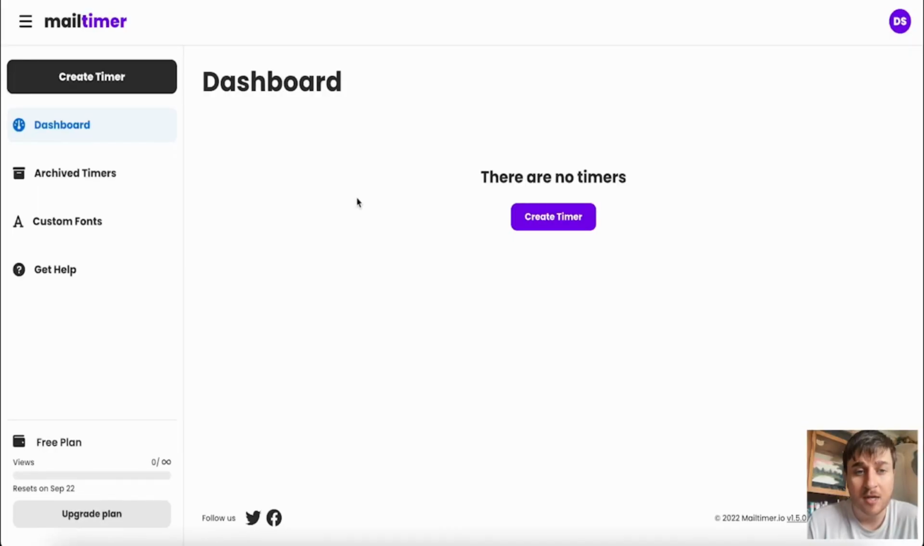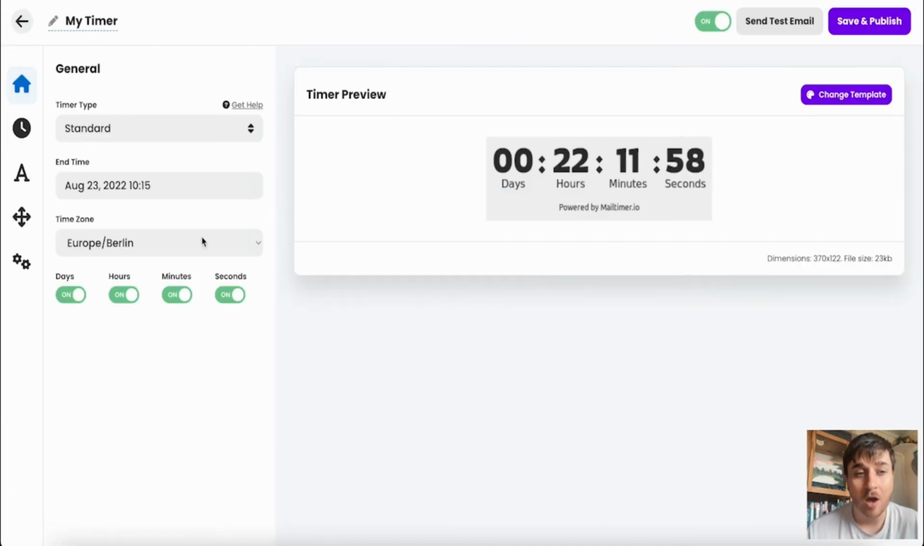Mailtimer lets you create eye-catching countdown timers that boost your sales, conversions, and click-through rates. Once we've logged in, we come over to the dashboard, and as we can see here, we don't have any timers yet. So if I just go ahead and go on Create Timer,